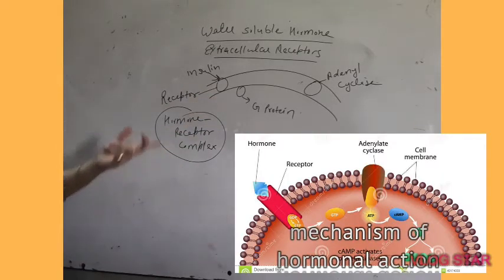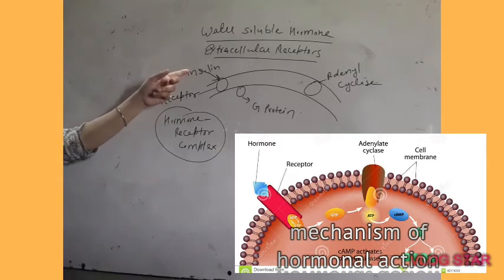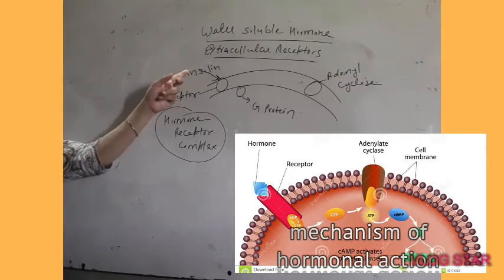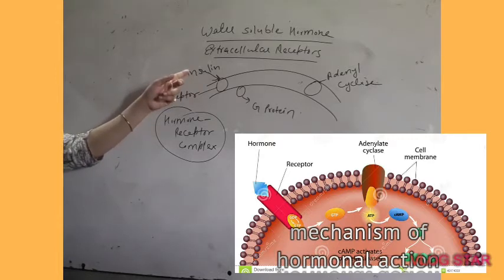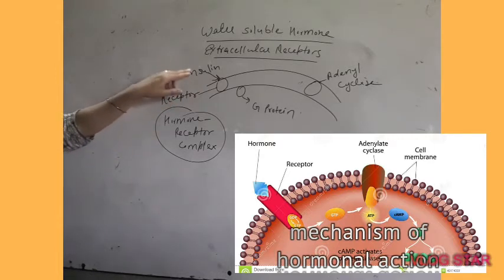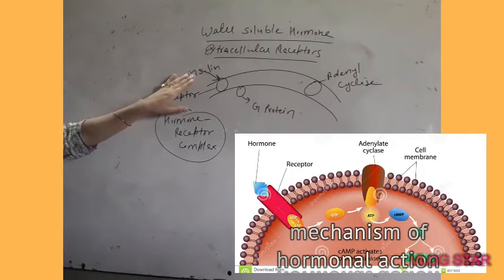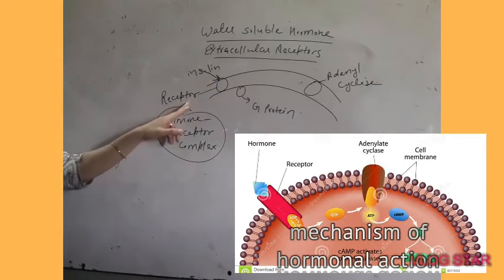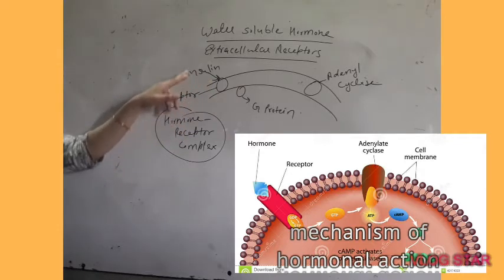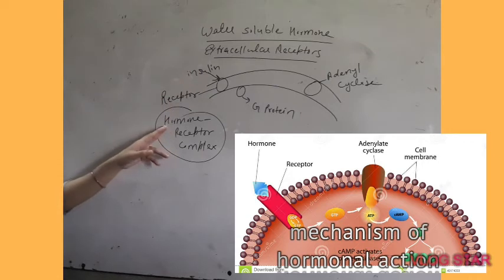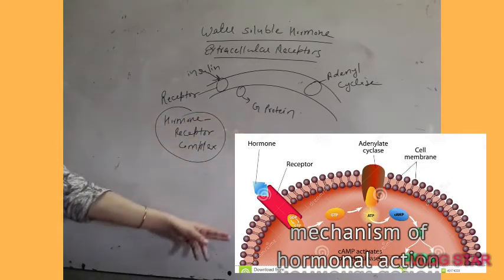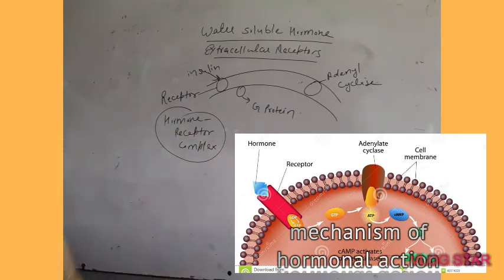What was the first messenger? First messenger was insulin. We have already done in the definition of hormones. What are hormones? These are the chemical messengers found in our body. So whenever any water soluble hormone has to do its function, it will first target the cell and it is received by the receptors found over the cell. When receptors and hormone combine, it results in the formation of hormone receptor complex, and this complex further results in generation of some secondary messengers inside the cell. Now let us study what are those secondary messengers.